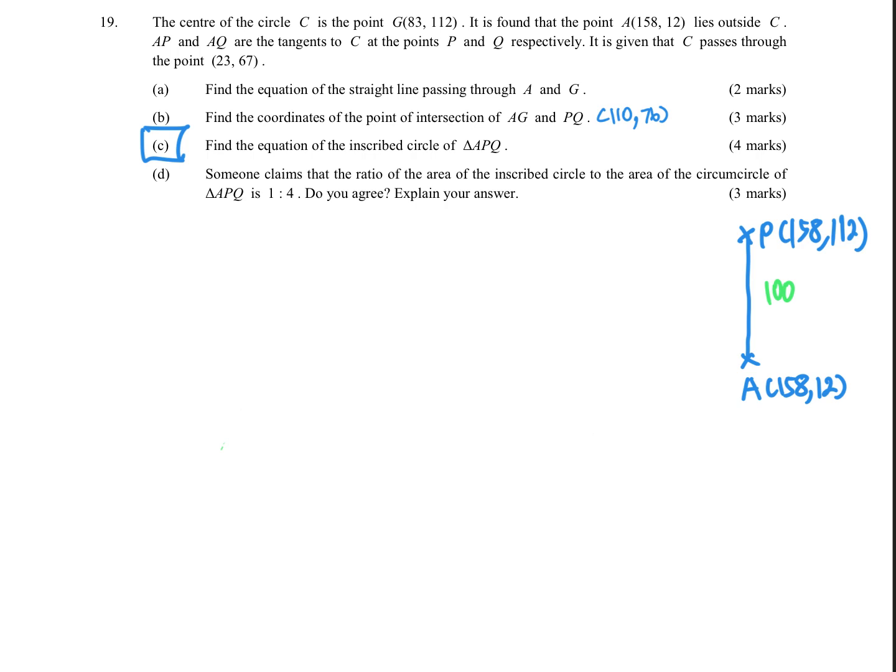Good. Alright, so and then we don't know the coordinates of point Q. We do not need to make use of that. But don't forget, AQ will also be 100 as well, because of the tangent properties. Because AP and AQ, they are both tangents to the circle C. So that makes this triangle APQ an isosceles triangle. And then just now H,